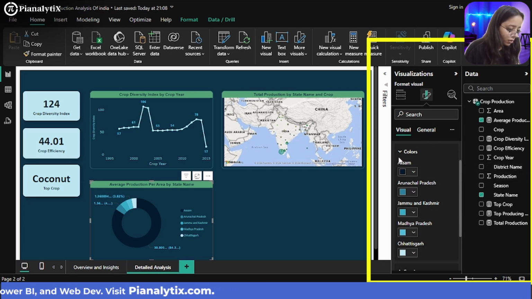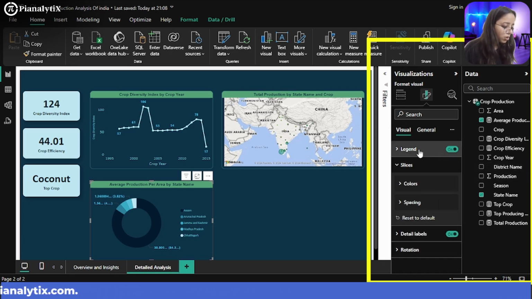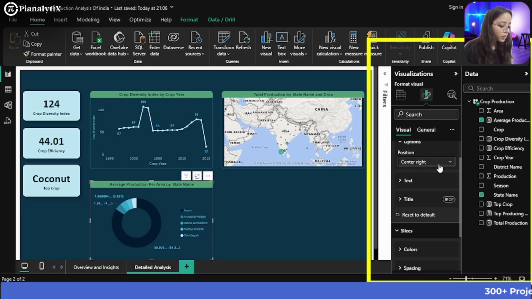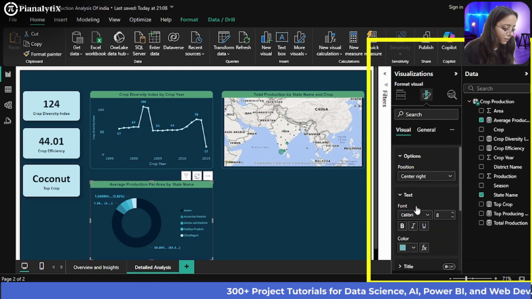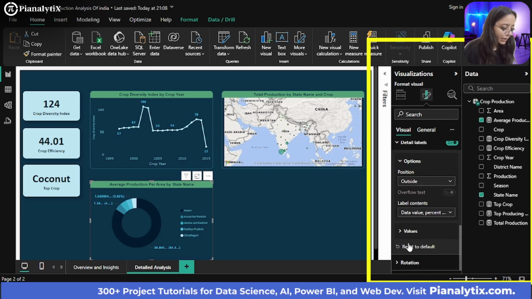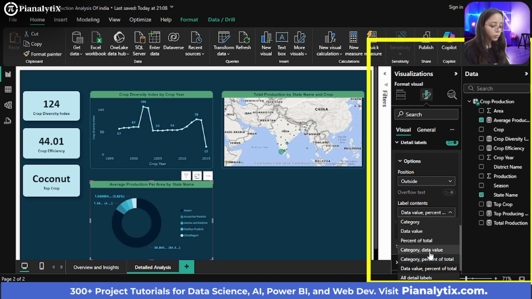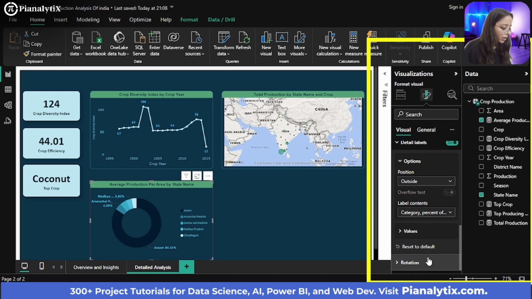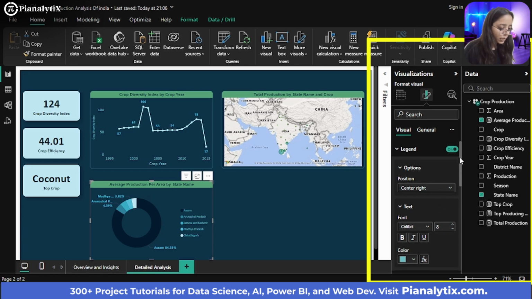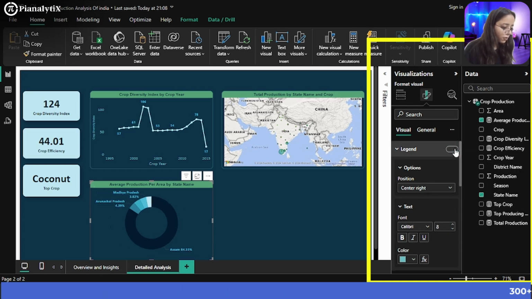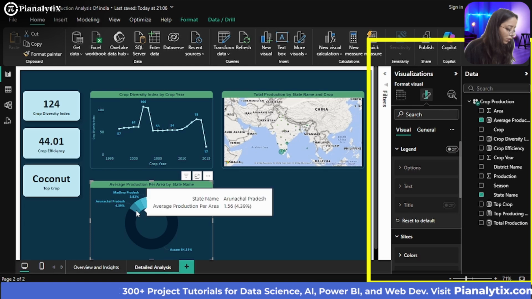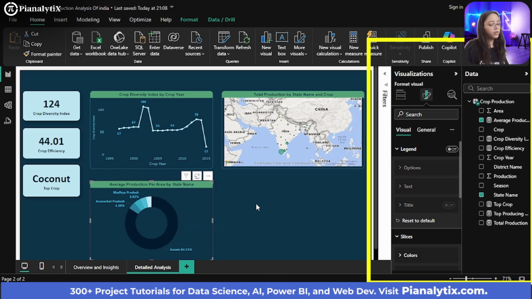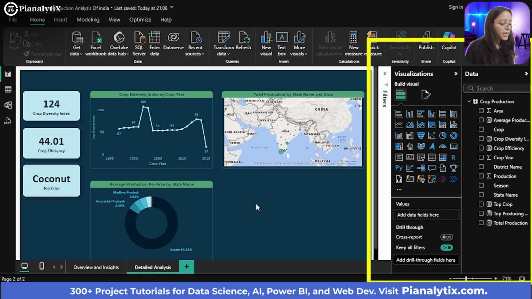And what you can do is, you can make sure the legends are switched off. But for that, first of all, the position is fine. For example, in the detail label section, rather than this, we can choose the category and the percent of total. And then we can just simply switch off the legends. Let me just switch these off. And now you can see, for example, for Assam, then for Arunachal Pradesh, then for Madhya Pradesh, if you hover onto it. For various of these, you can have a look at all of the, what was the average production area by each state.